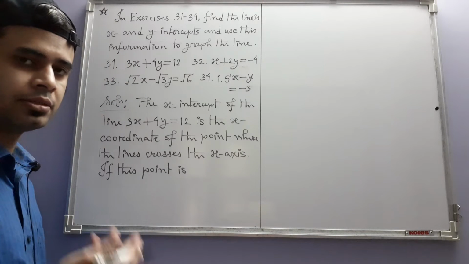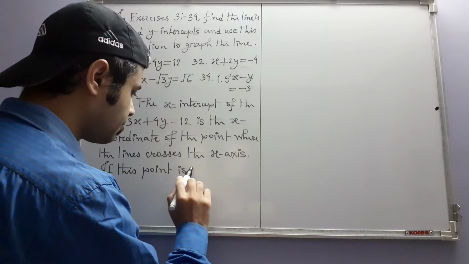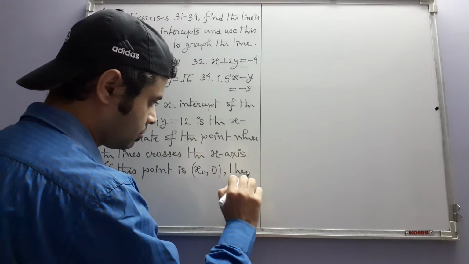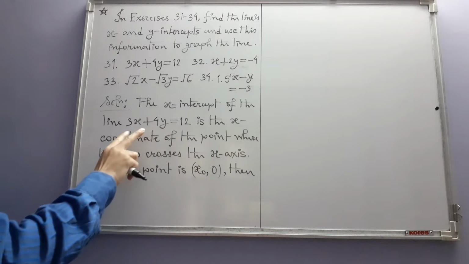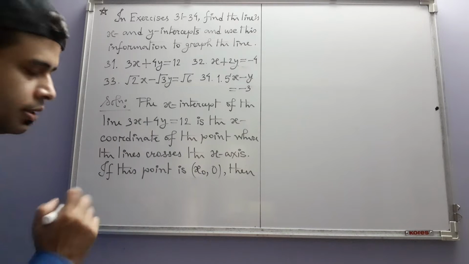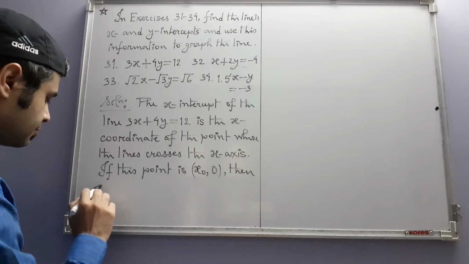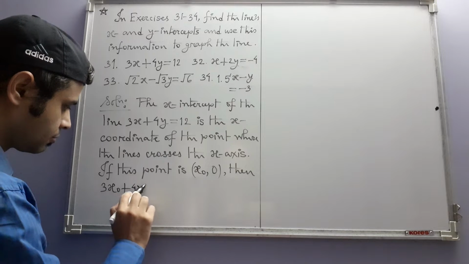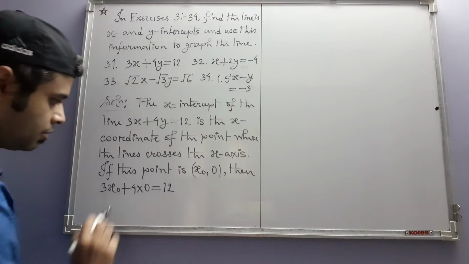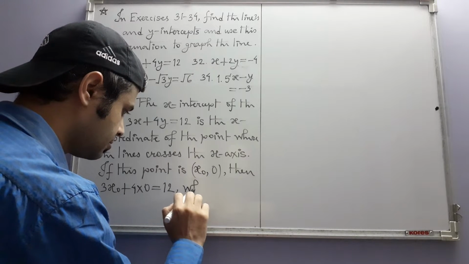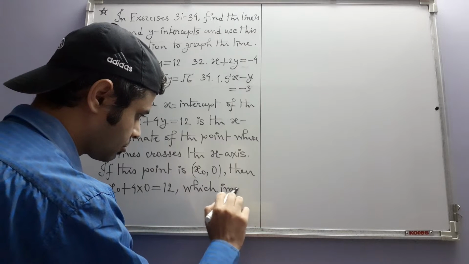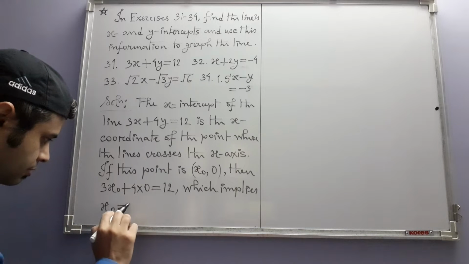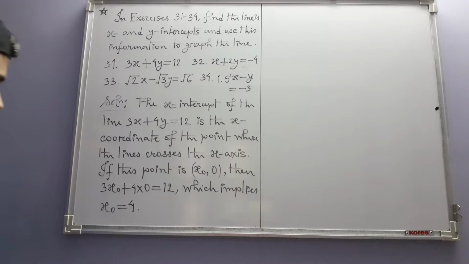So the y coordinate will be 0 because we are on the x-axis. So if the point is say (x0, 0), then due to the fact that this is a point on this line, the coordinates will satisfy the equation and we will get 3x0 + 4 times 0 = 12, which implies x0 is equal to 4. Just like that,